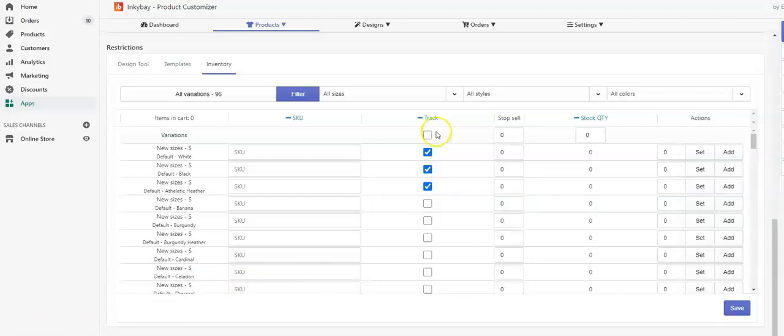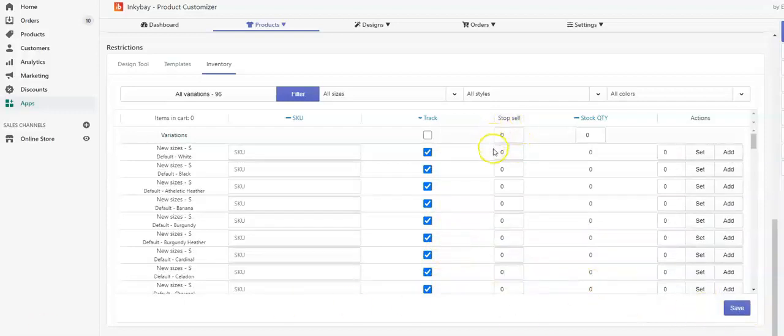To track all the variants, click on the top bar of the track and then wait for some seconds. Here you can see a button pop up, set all. Click on that button. As you can see, it selected all the variants, and then don't forget to save the change.